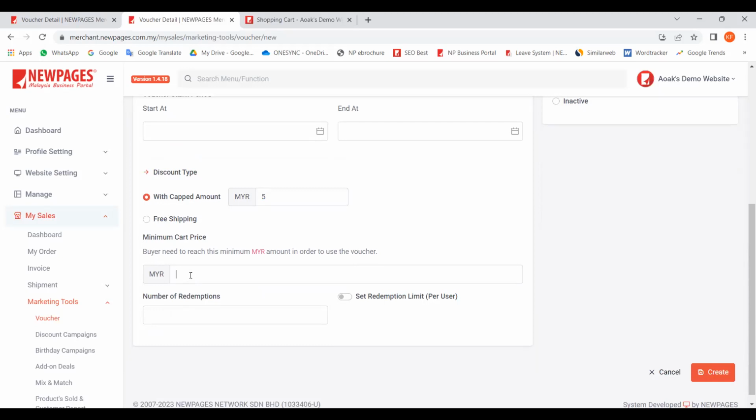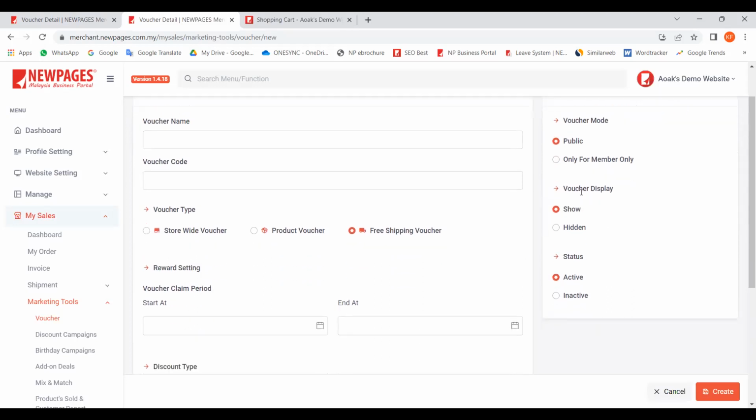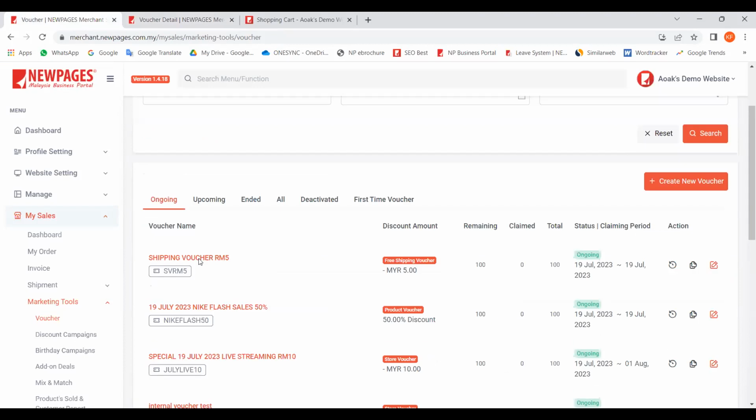For the minimum purchase they need to make to enjoy this, if you don't want to set one, just leave it blank. For the number of redemptions, maybe you want 1,000 customers, each redemption one, open to the public to enjoy free shipping, and then the voucher is shown and active. Yesterday I also created a free shipping voucher here. This is the voucher name, this is the voucher code. After you've created it,